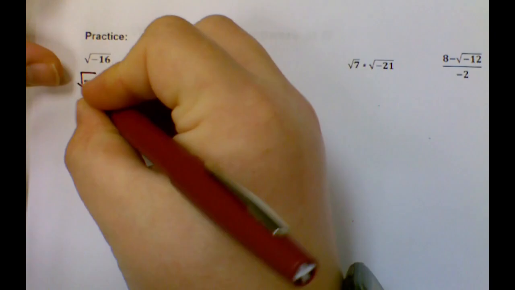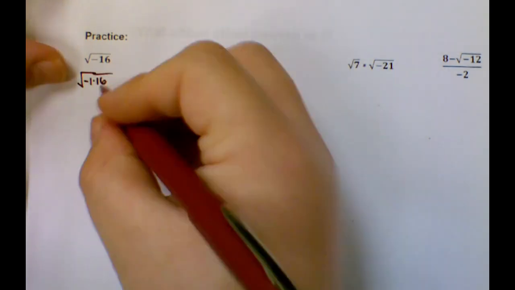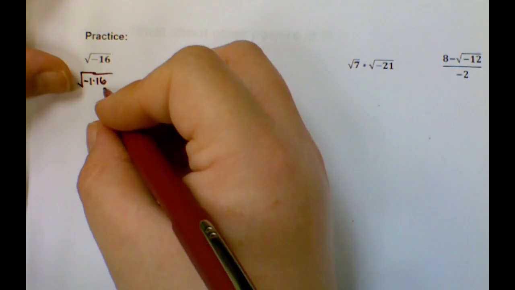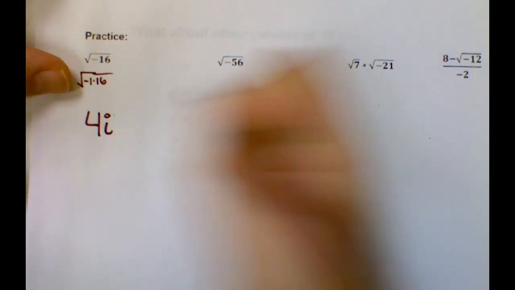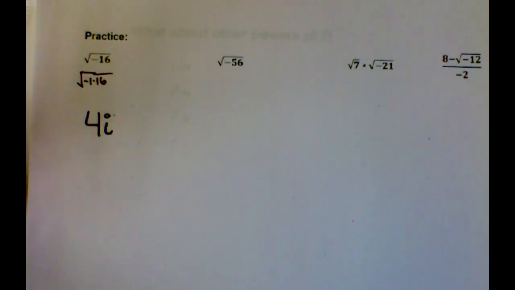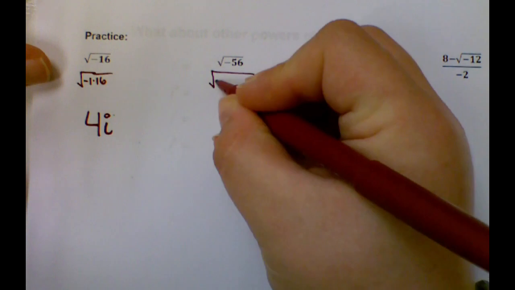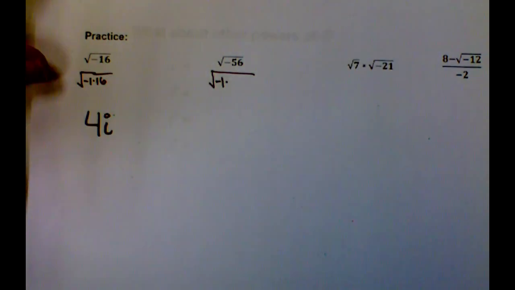All right, some practice problems for us now. The square root of -16. Well, the square root of -1 times 16. The square root of negative 1 is i. The square root of 16 is 4. So we get 4i. For the square root of negative 56, I'm going to make it negative 1 times